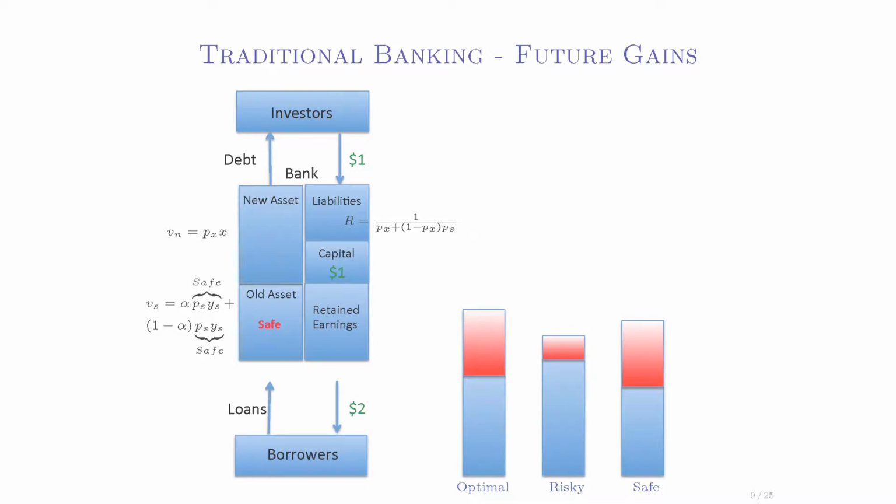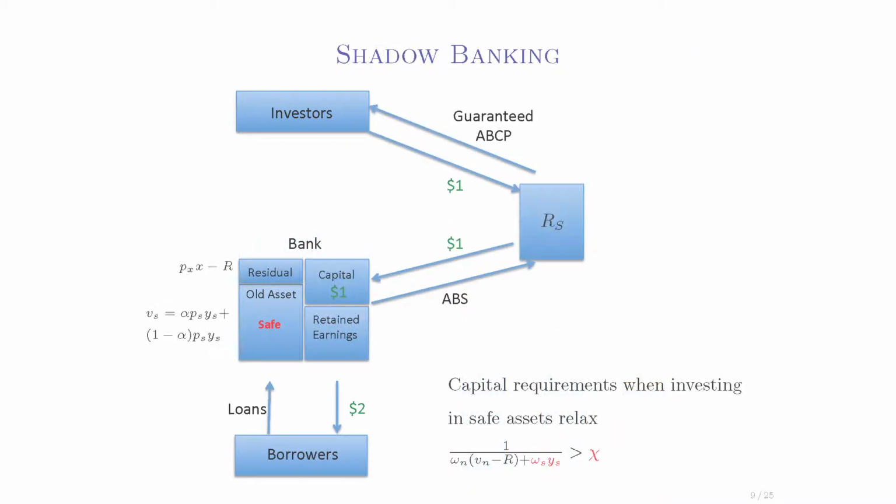How do they do this in this very simple model? Well, they're going to securitize some part that they need to invest from the investors. In this situation, there will not be investors coming directly here. So they're going to gather this money. They're going to take a fraction of the new assets and put it off balance sheet. And what this does, obviously, is reduce the denominator in the capital requirement. Now you have all these assets off balance sheet, so the capital requirement relaxes in this situation.